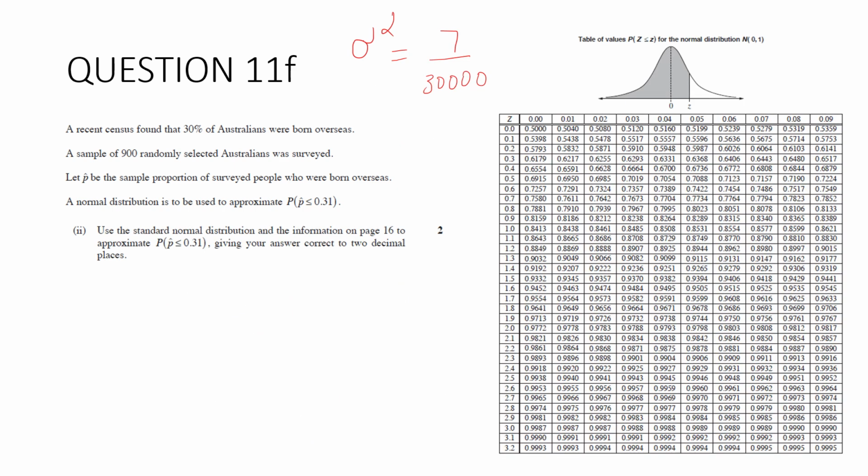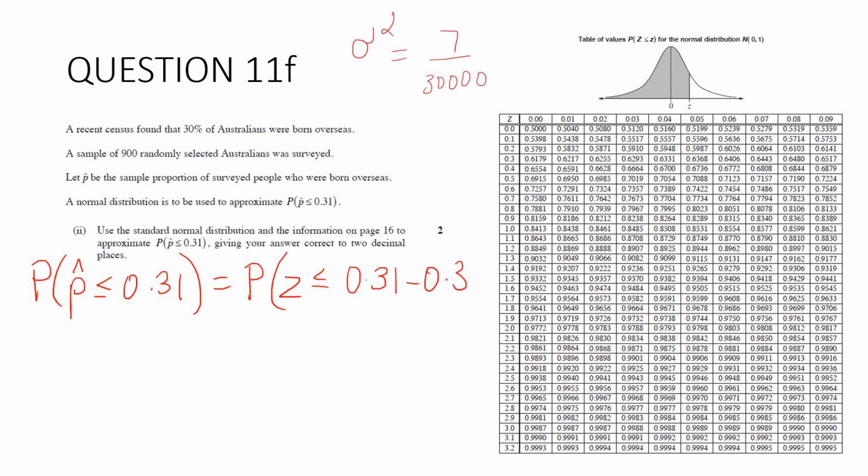2. Use the standard normal distribution and the information on page 16 to approximate the probability that the sample proportion is less than or equal to 0.31, giving your answer correct to 2 decimal places. So the probability that our sample proportion is less than or equal to 0.31 can be approximated by the standard normal distribution, and we're just going to use the formula x minus mu all over sigma. So 0.31 take 0.3 divided by the square root of 7 over 30,000,